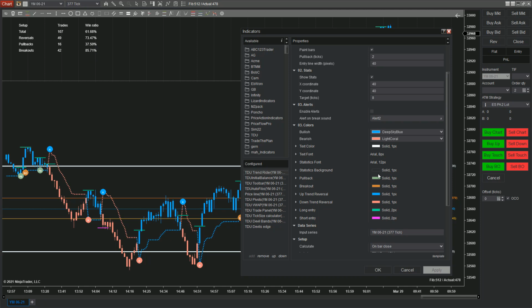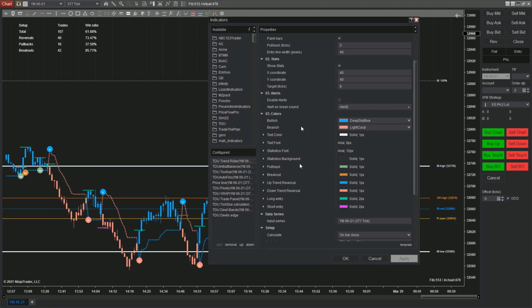I keep the background transparent so I can just look up here and quickly spot it. And then color coding here, again, this is all customizable based on your preferences, but these are the defaults. The pullback will be in green, the breakouts will be in red or blue, and then we've got our trend reversals here, which will dictate how the ATR line is color coded in conjunction with the trend and the bar